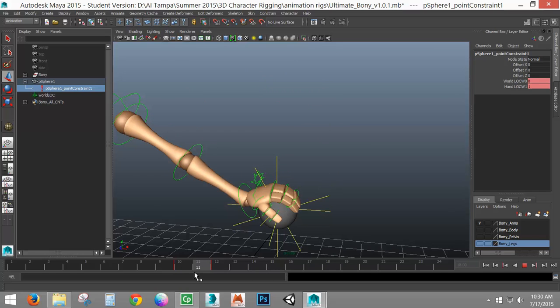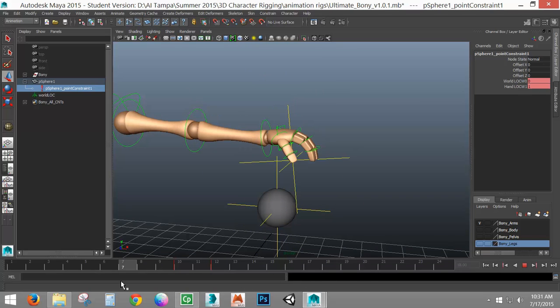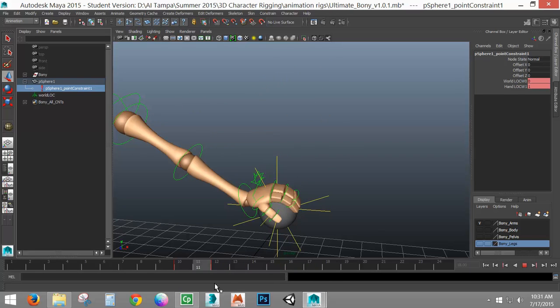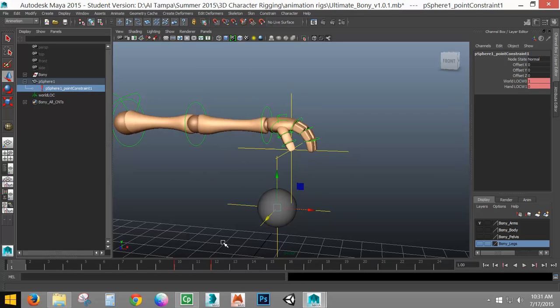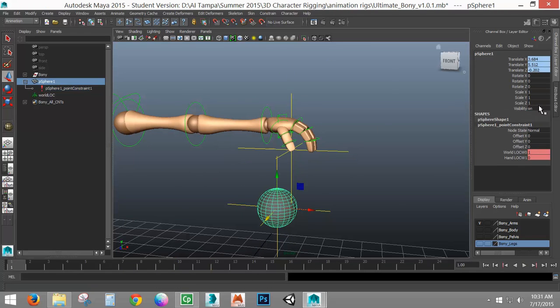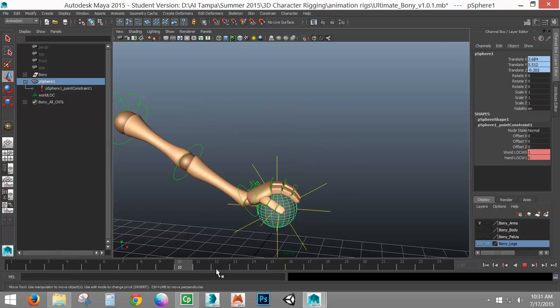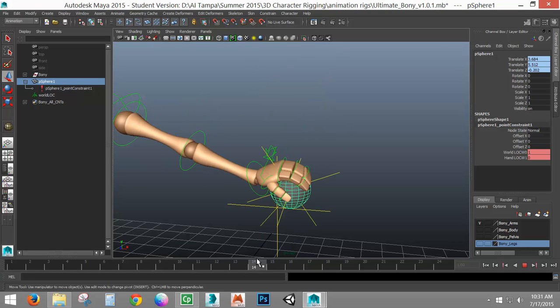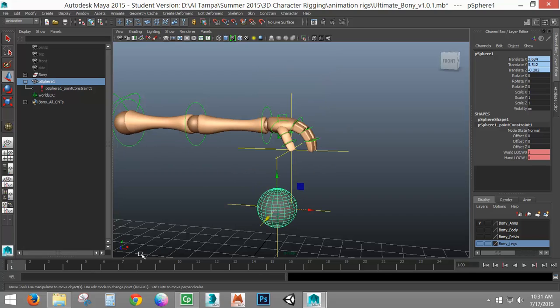Now, the thing to be aware of with this is right now it picks it up and it looks fantastic. I mean, it's bad animation, but it still looks fantastic for the pickup. The thing you need to be aware of, though, is that right now this is just being translated. This object has no rotation applied. So for a sphere, it looks fantastic. But again, let's say you're doing a sword. The sword on its own might not look so right because there's no rotation.